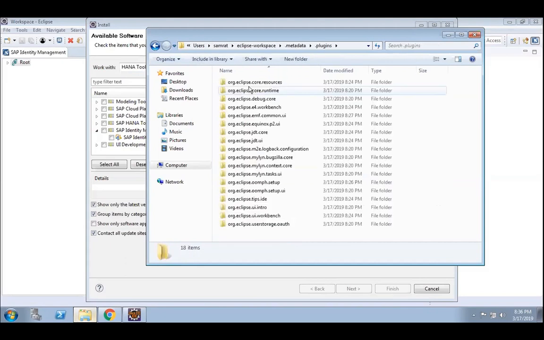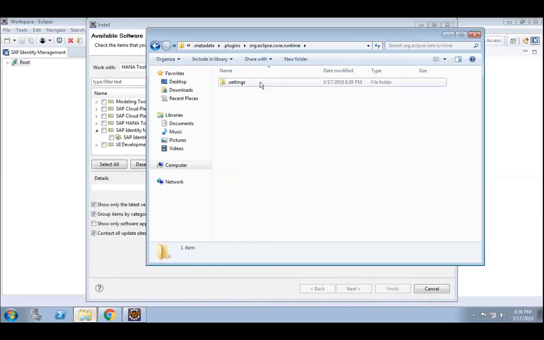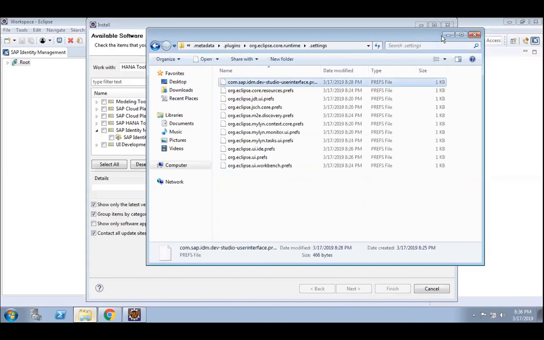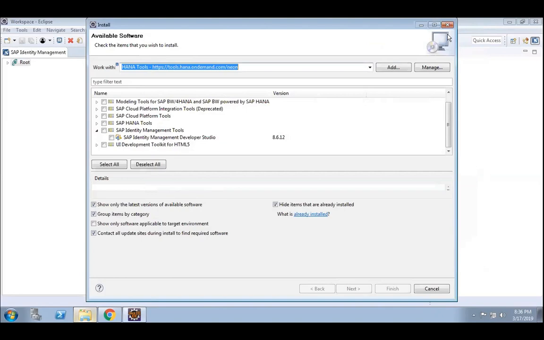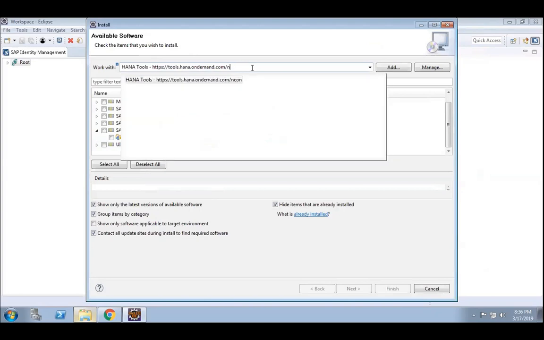Metadata, plugin, runtime, settings, user preferences. User preferences is not yet coming here. Let me do something. Window preferences, SAP IDM connections.